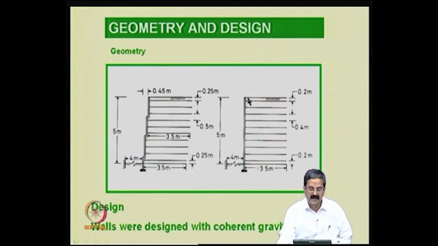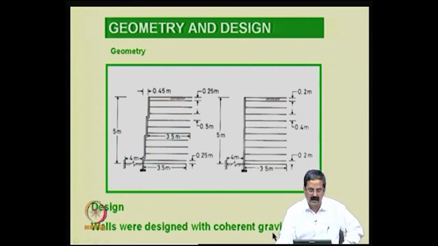Okay. So, the difference is that you have a stepped facing, which has 15 centimeters at every place, 15, 15, 15. So, 45 centimeters is the total difference. Why is it done? If you incline it a little bit, the earth pressure will be less. If it is an inclined wall, the earth pressure is very high, but if there is a little inclination, the earth pressures are marginally less, right. So, we wanted to do that here. The second case was vertical, where the earth pressures are maximum when the wall is vertical, and we use steel reinforcement, which is nothing but steel rods. So, it is a stiff reinforcement,